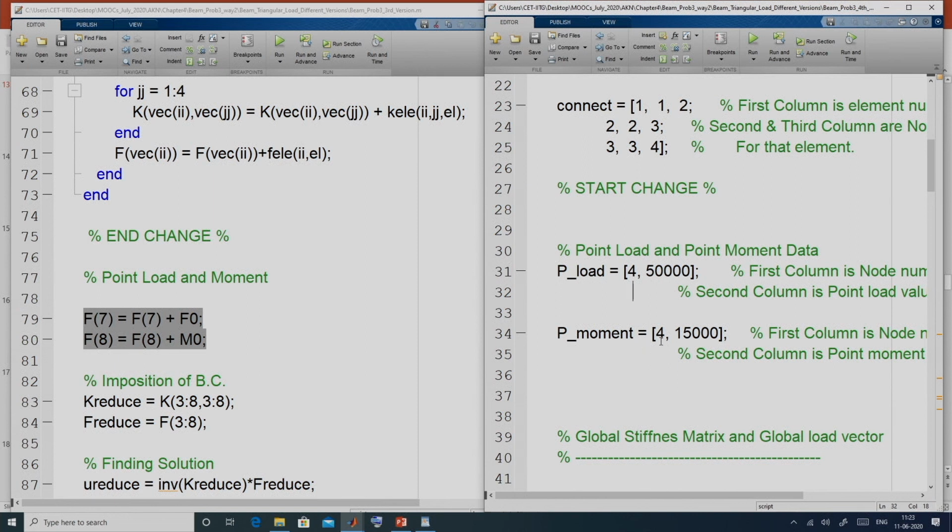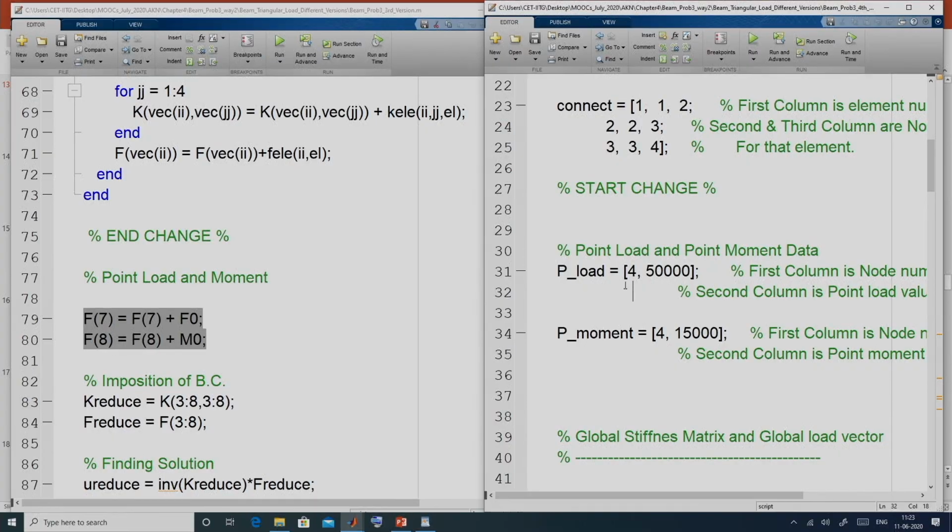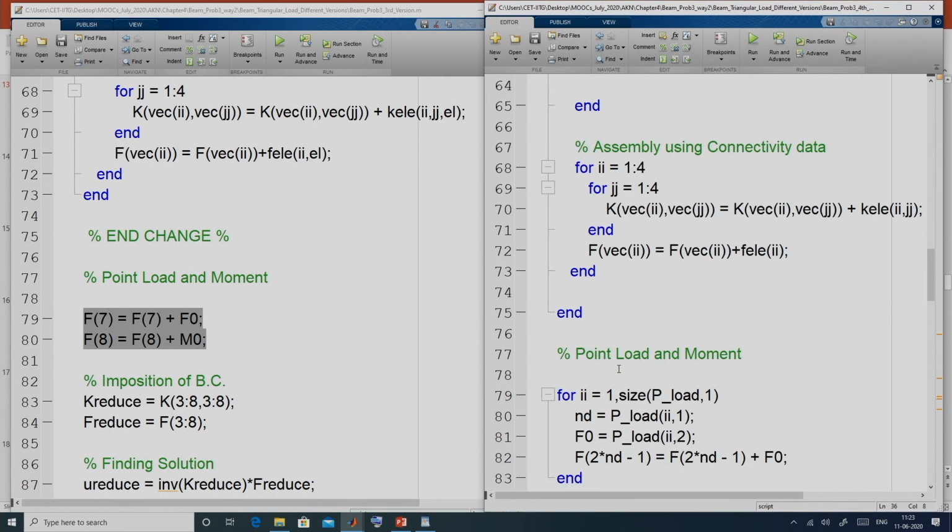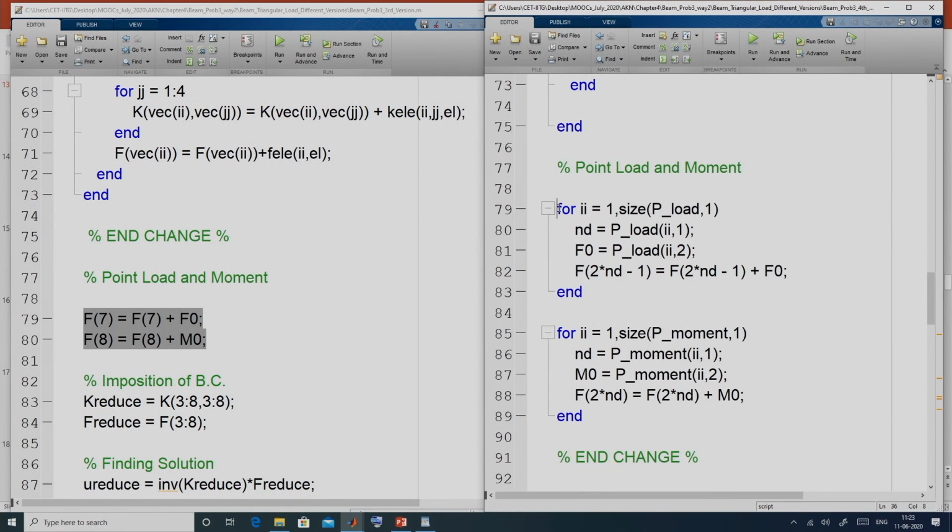First column is node number, second column is the moment value. So, if we have point load and point moment in more than one node, then we have to add rows further to this matrix.